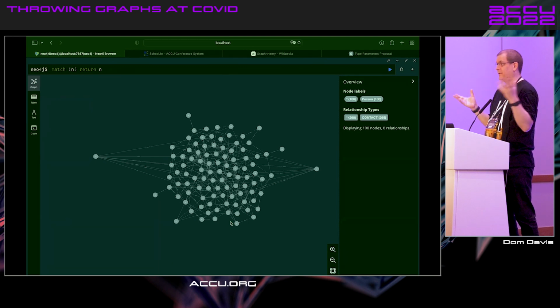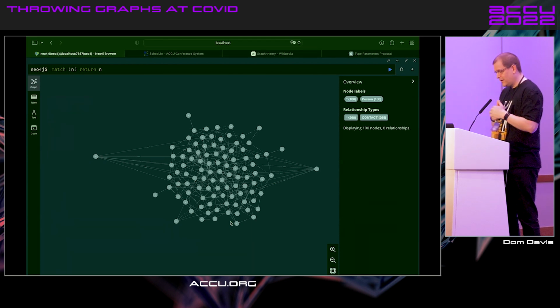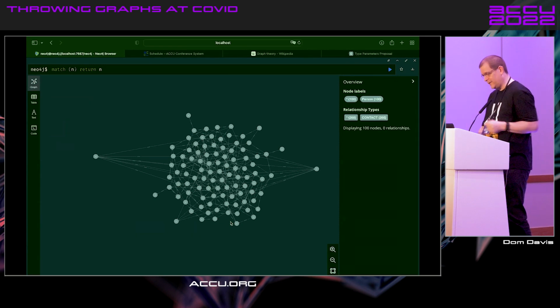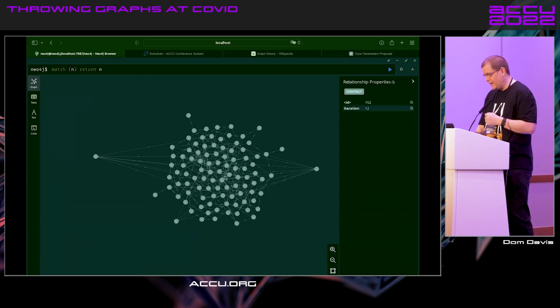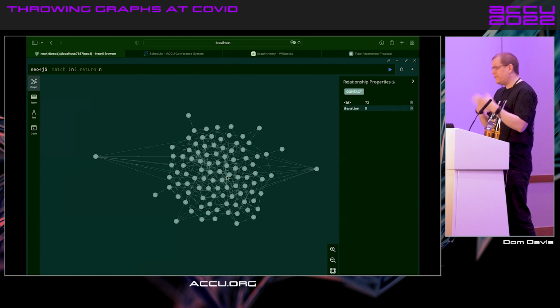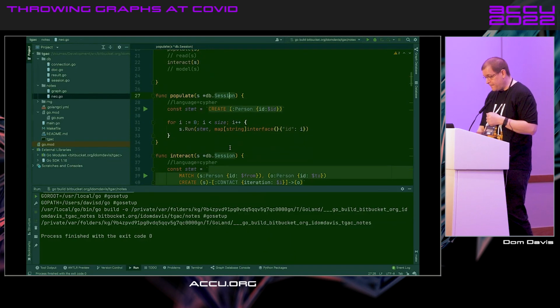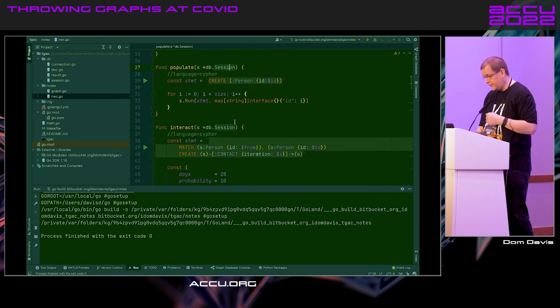And this is part of the reason why we've had lockdowns, because we're trying to reduce that connectivity, contacting each other, because this is what happens even with fairly low probabilities. Your graph starts off with a few connections on first iteration, and then it just keeps going. Great. So we've got this idea of